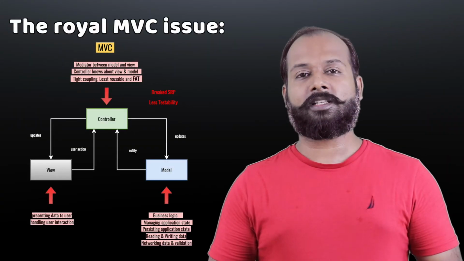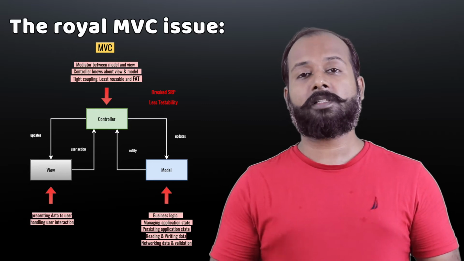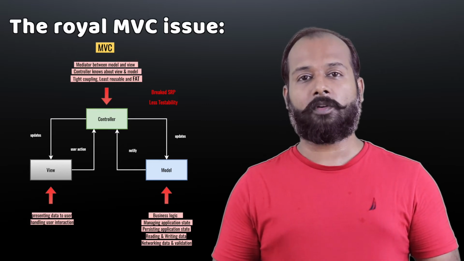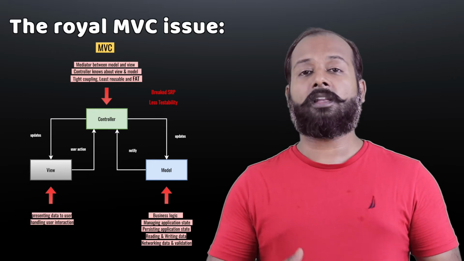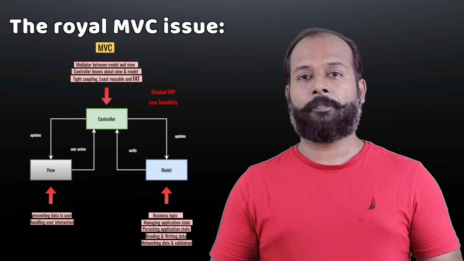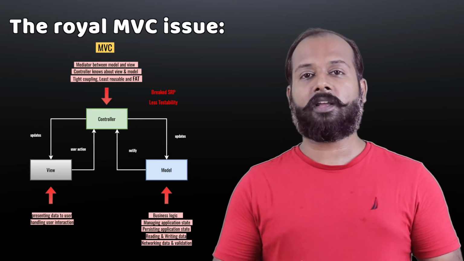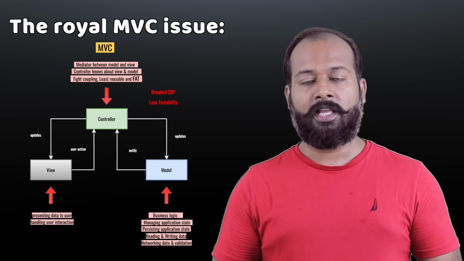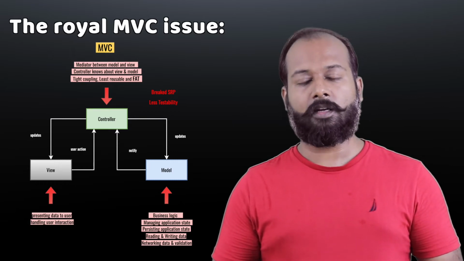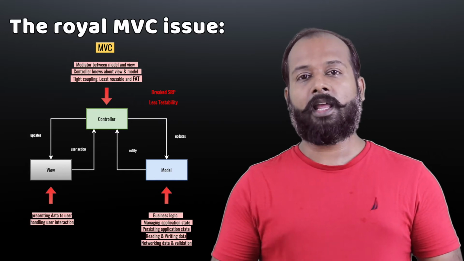In this part of the session, we will have a very quick review of the MVC architecture, because it is very important to understand what kind of problem MVC architecture has and how MVP architecture helps solve those issues. If you look at the diagram on my right, in MVC architecture we have majorly three layers. One is model, second is view, and third is the controller. And the controller works as an intermediate between the model and the view.